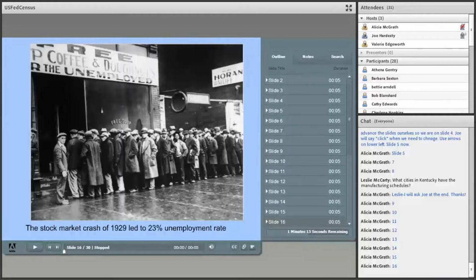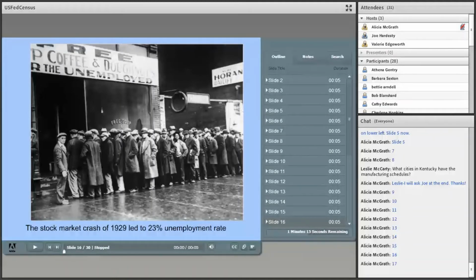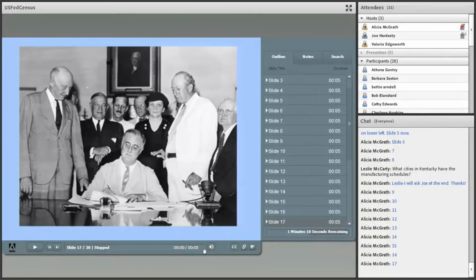Thankfully, we're not that bad anymore. So anyway, there's a lot of people out of work now, and something needs to be done about this. And if you click on the next slide, slide 17, you'll see that here President Roosevelt is signing into law the creation of the Social Security Administration and the Works Progress Administration, the creation